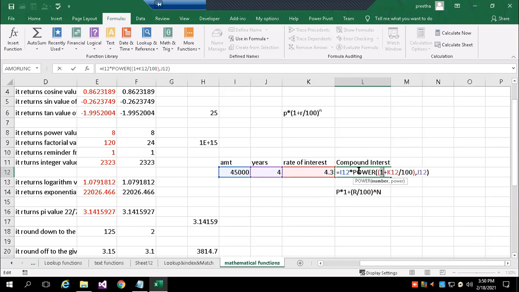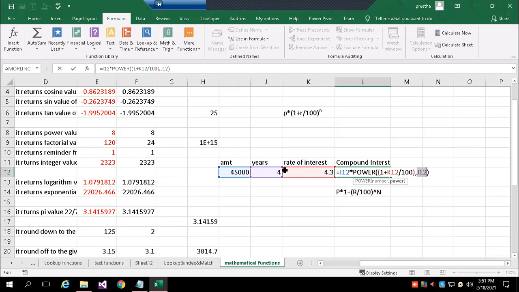So 1 plus R, the rate of interest, is 4.3 by 100, whole to the power of n, which is 4 years, that is J12. So you can observe how we can represent the formula in Excel, where P into 1 plus R by 100 whole to the power of n. So the full expression I've given as base in power, the exponent is J12.